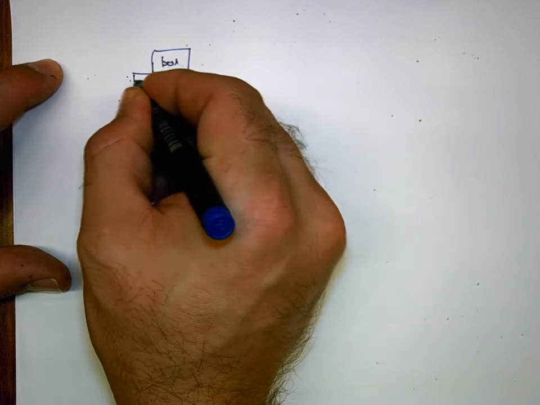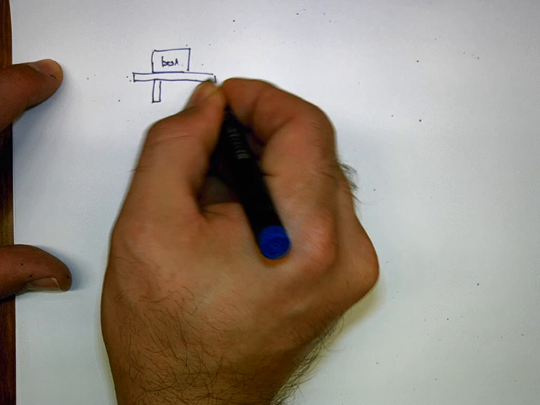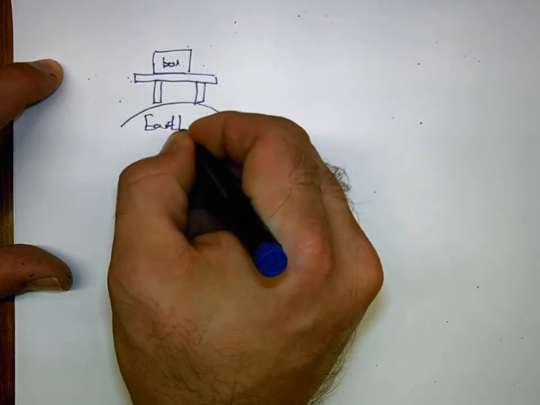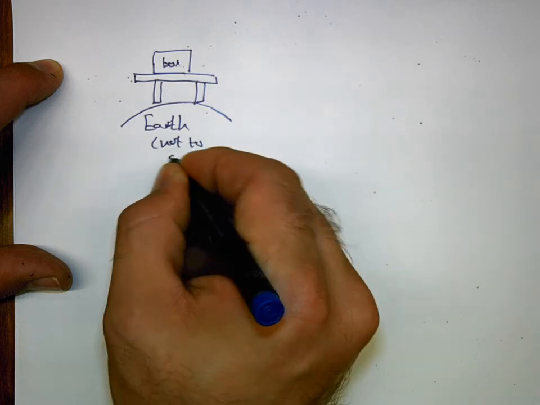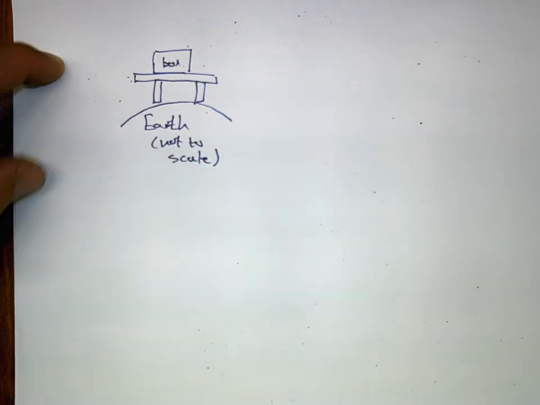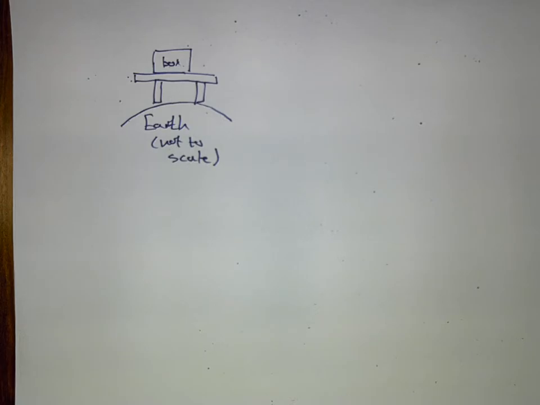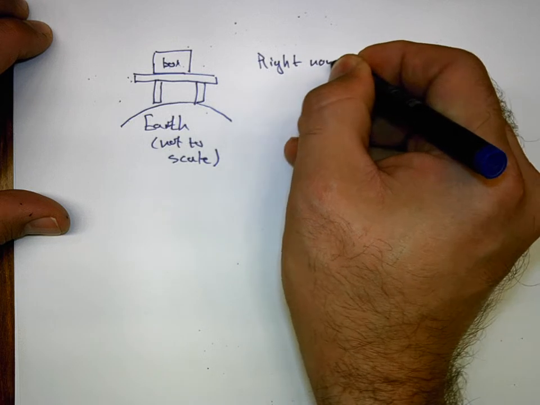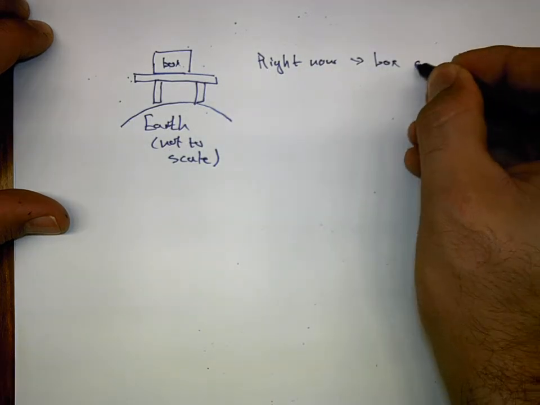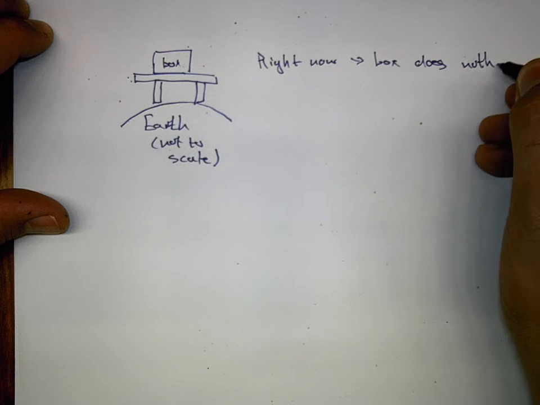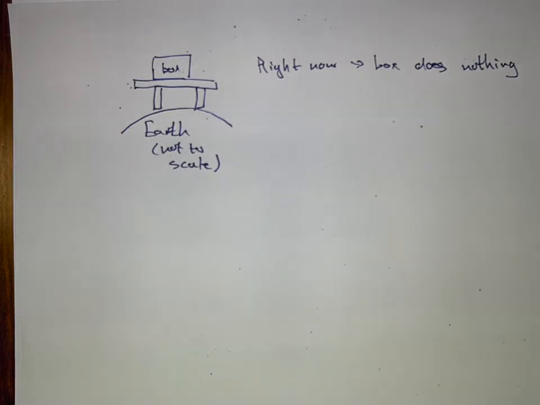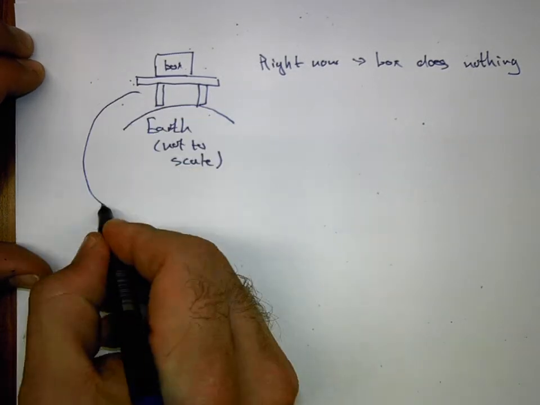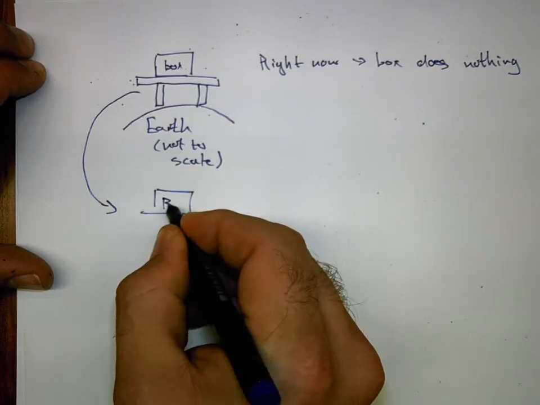and this box is on a table, and this table is on the earth, and again the earth is not to scale. So if we just look at this, right now the box is doing nothing. If the table were to suddenly disappear, so if suddenly the table now disappears and we only have the box